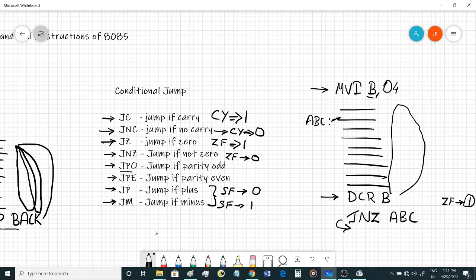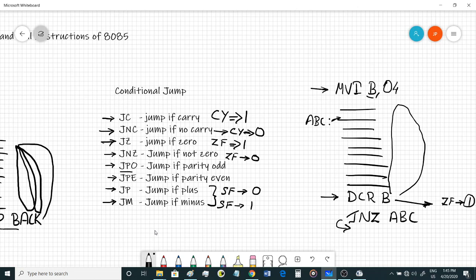So we have already mentioned that the flags get updated with each and every arithmetic instruction. So you will always have to give the decrement operation just before your jump instruction, so that this decrement operation is going to affect the 0 flag, and depending upon the 0 flag this JNZ is going to work. So jump if not 0 to the label till the point B becomes 0, this will keep jumping back to ABC. So that is what happens here.